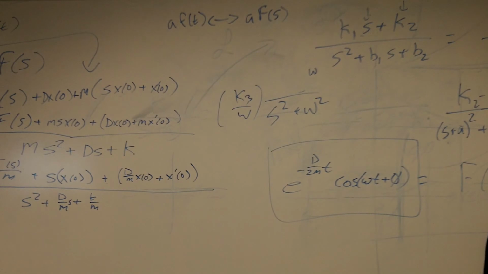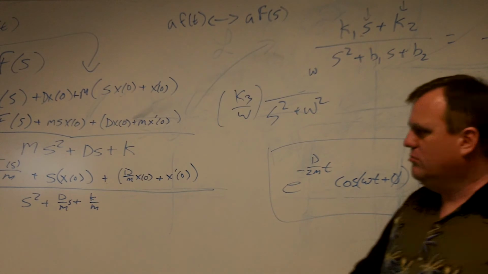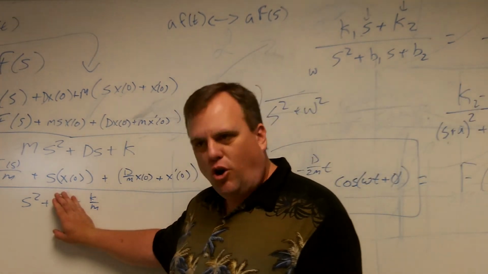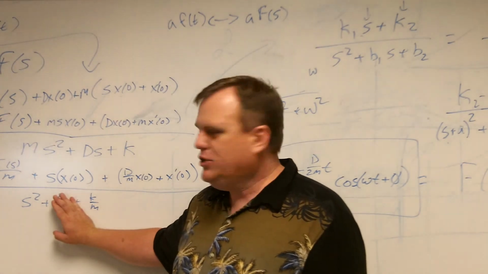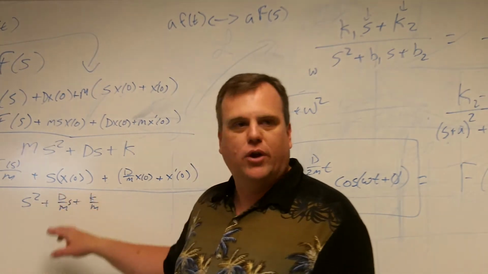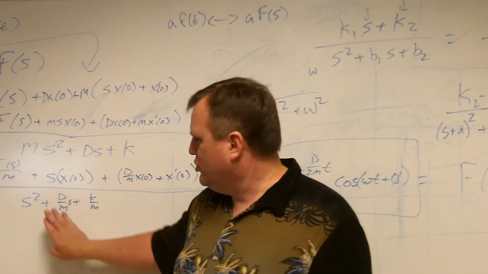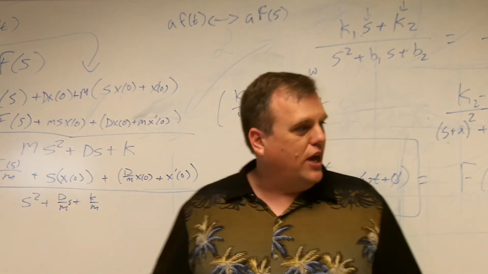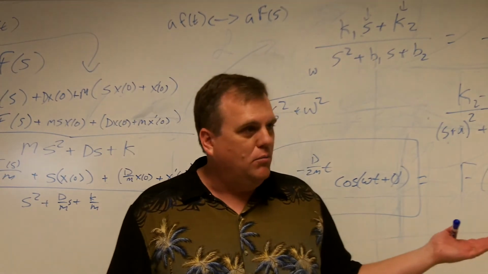Does it make sense? So when you see things that look like this, second order systems, think damped sinusoids. What would happen if there was no damping? You would have no phase. Okay? Well, isn't that awesome in some sense? Think about what you've got there. You've got S squared plus K over M. Right? If there's no damping, if D equals 0, S squared plus K over M, that means K over M